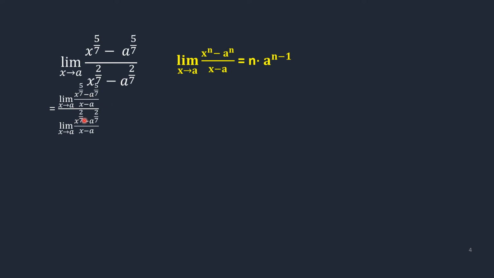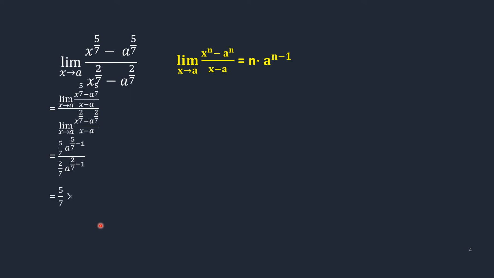Now these functions have been converted into the formula form, so we can directly use the formula and write the limit as, in the numerator, 5 by 7 times a to the power 5 by 7 minus 1, in the denominator, 2 by 7 times a to the power 2 by 7 minus 1,